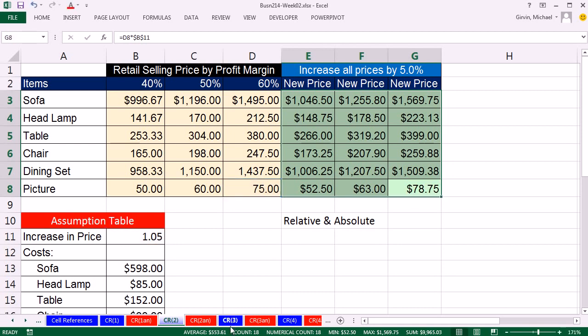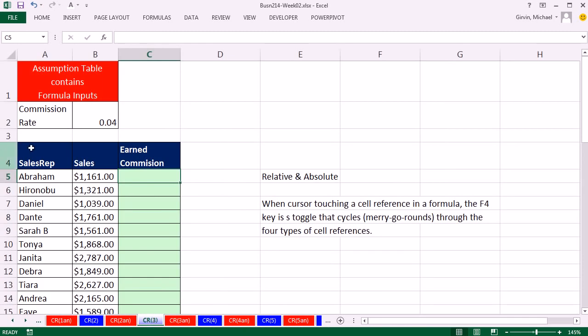Escape. Let's go look at our next example. Let's click on CR3. We have sales rep in one column, their sales in a second column, and we need to calculate their earned commission in the third column. For each sales rep, we say equals relative cell reference, one cell to my left, times locked on our commission